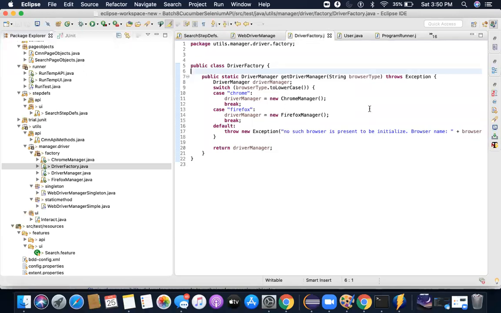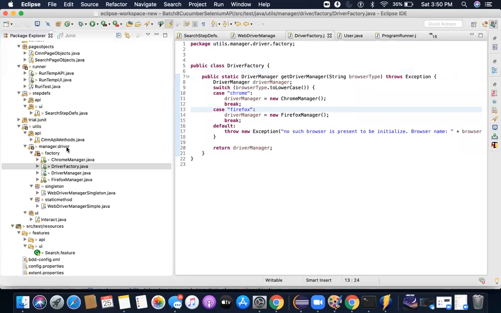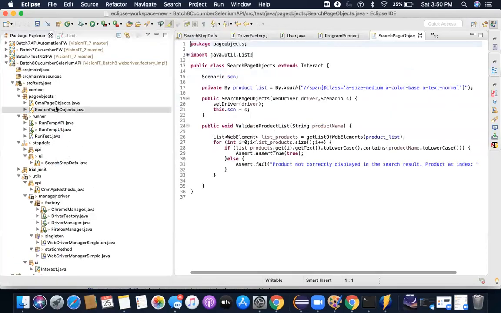All right. By the way, we are not using Page Factory here. We are using a simple page object model, so you don't see any Page Factory annotations here. We used to use it earlier. All the old students must have seen it, but this time we are not using it. There's no specific reason why we are not using it. I just wanted to get away from that. It was too much Page Factory, so let's implement a simple page object model.